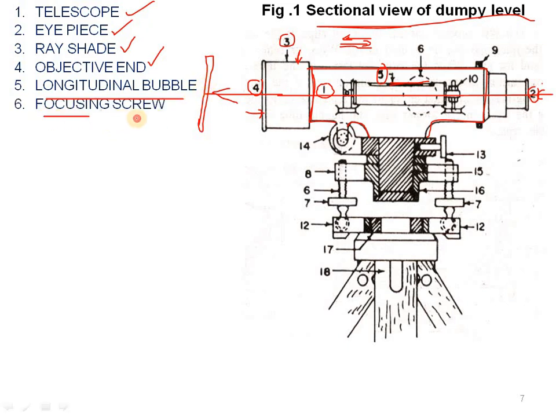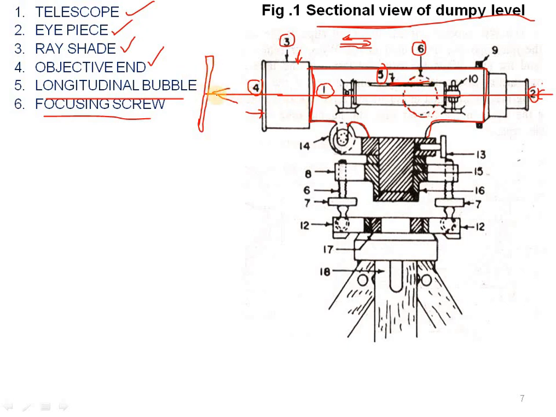And coming to the sixth one, the focusing screw. Where is the focusing screw? You can see here the dotted lines. This portion is called the focusing screw. Why is this focusing screw used? To focus the object, that means for clear visibility. In our mobile phones, when we see an object in the far distance, we use the zoom. Just like this,